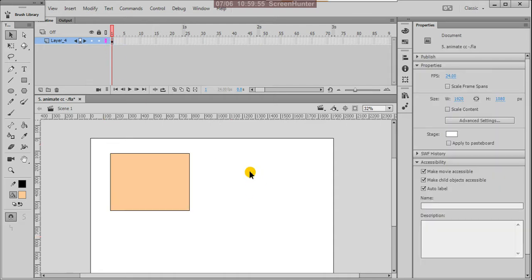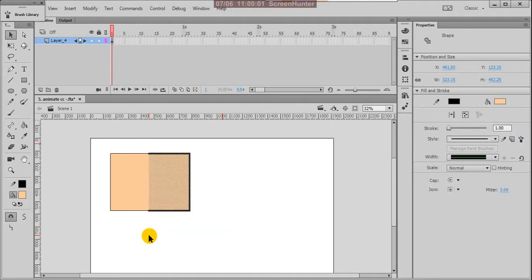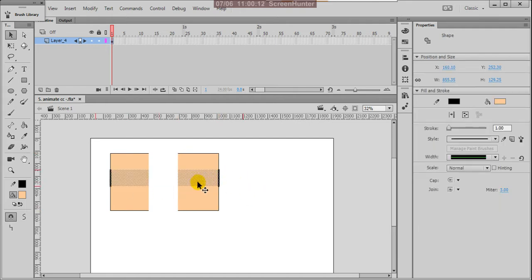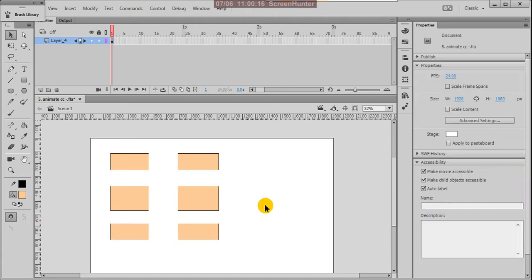If you observe here, I'm selecting only some portion. See, this is selected, this is not selected, and you can move this portion. The same way, you can select another portion and move it down. So your selection applies piece by piece also.